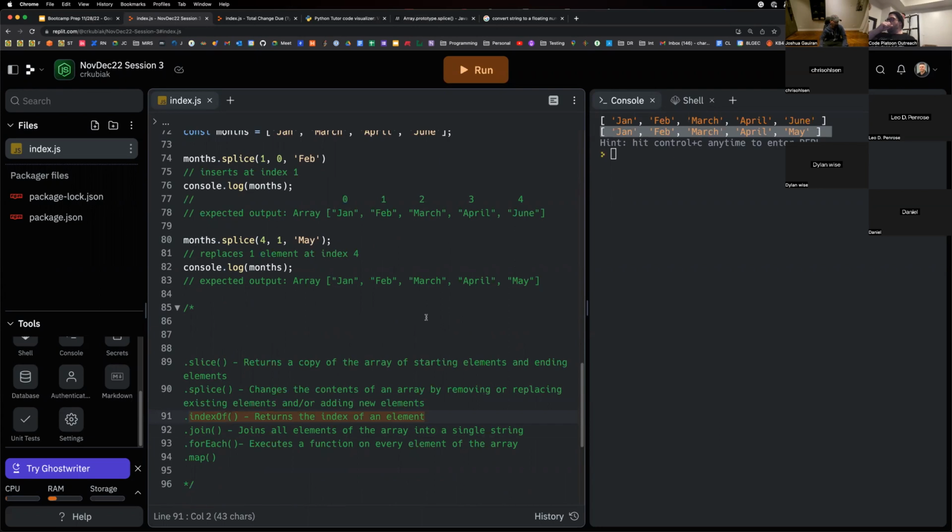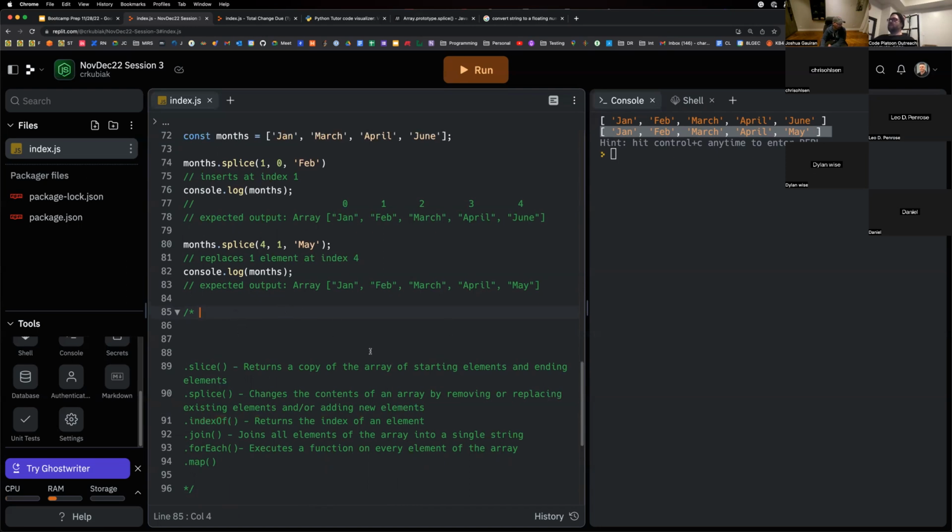So you can basically use, let's say you had a million things in an array and you needed a unique value, and you knew the name of it but you didn't know the index value, you could find it with indexOf, and then use that within a splice from the indexOf, right? So like, if we were to say,